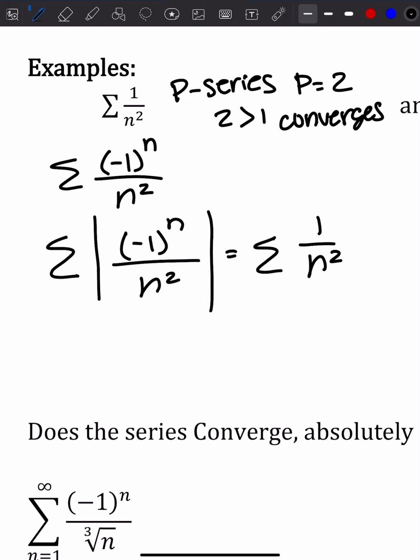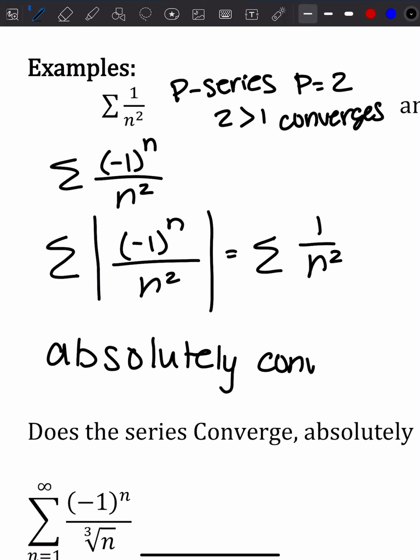So what we know is this series of negative 1 to the n over n squared is absolutely convergent. Because this converges, we know overall we have something that is absolutely convergent. And it just means that it doesn't have any conditions for when it converges,